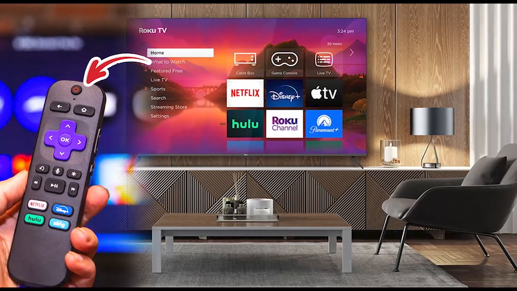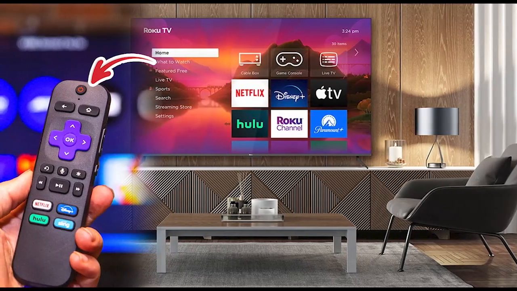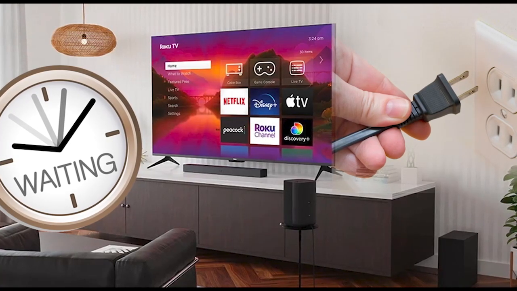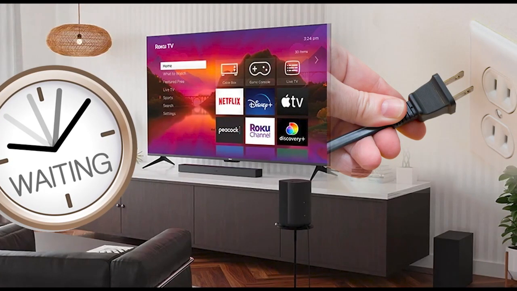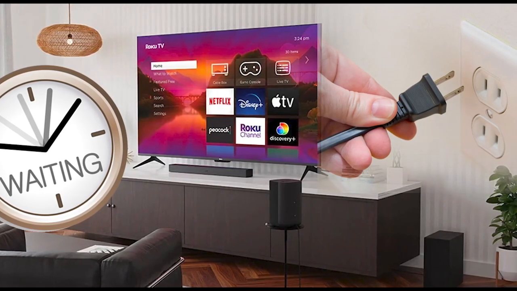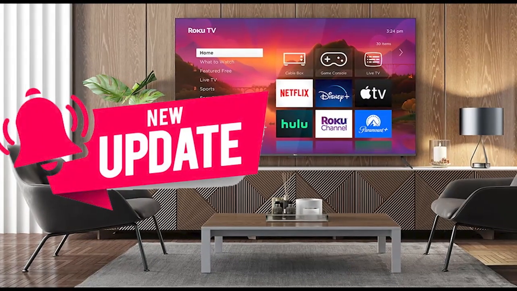First of all, please turn off your Roku device by using the Roku remote. Then completely unplug the Roku device power cable from the power socket. Now you need to wait for 3 to 5 minutes and then plug the power cable back in and turn on your Roku device. Hope this should fix the issue, but if it doesn't, then you need to check that